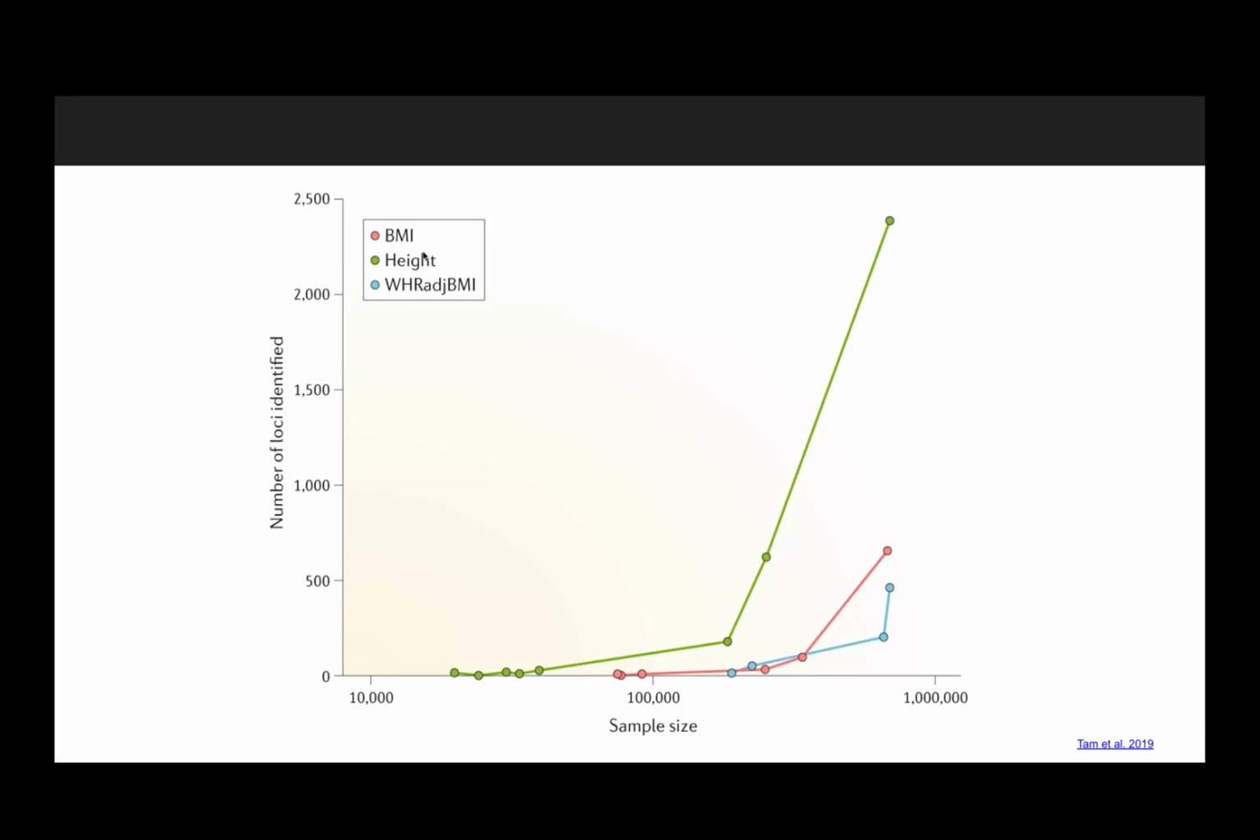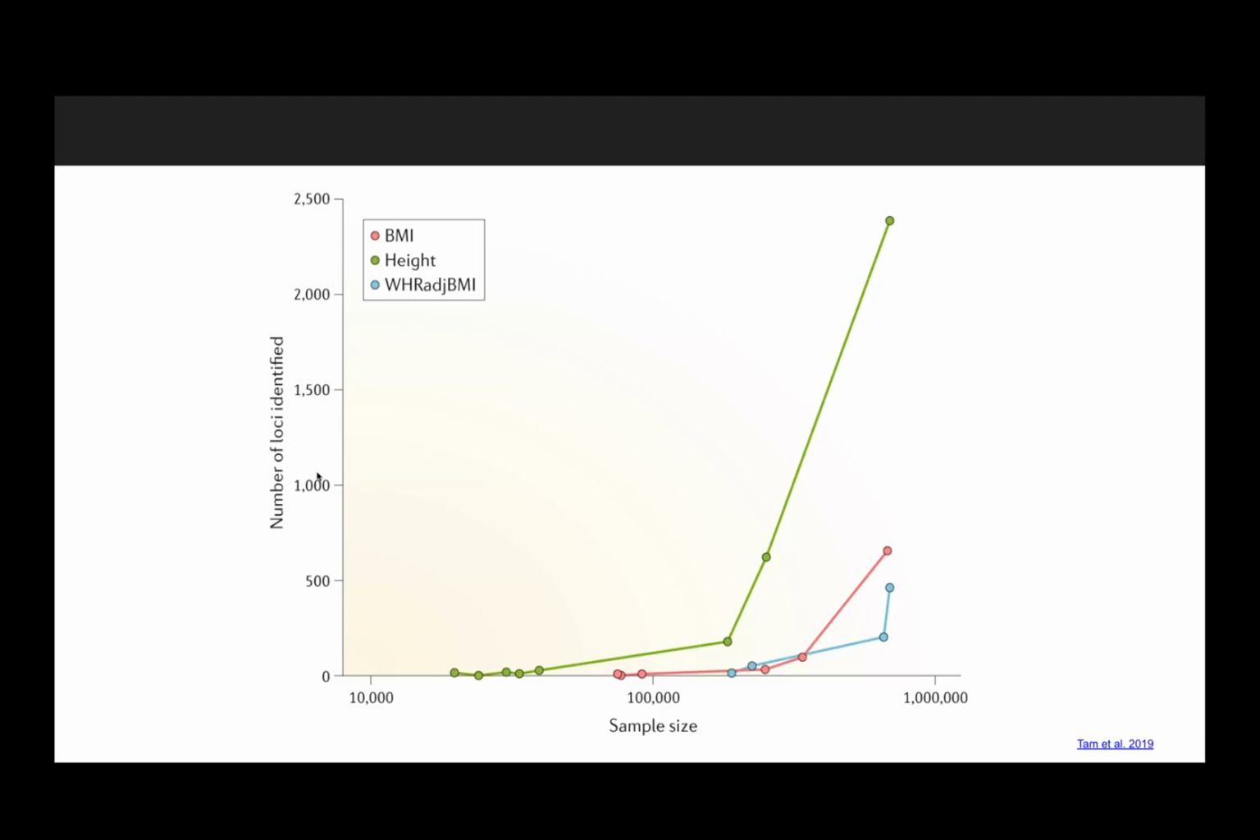So this is BMI, this is height, and this is some sort of weight height adjusted BMI, okay? Doesn't matter exactly what this is. What this is trying to show you is different traits. So I can test the same population for different traits. I could have measured their BMI, I could have measured their height, but as my sample size increases, there's one